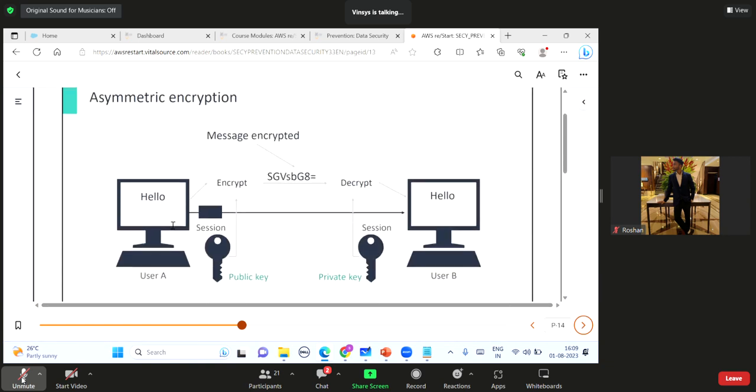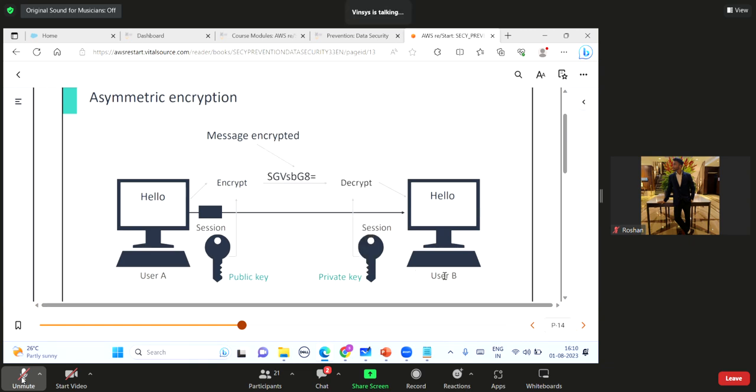Then comes asymmetric. We have already seen this. In asymmetric, a public and private key will be there. Now user A and user B: user A wants to send data to user B. So user A will encrypt this data using user B's public key. Whose public key is this?